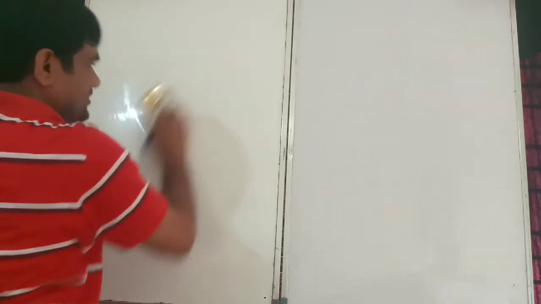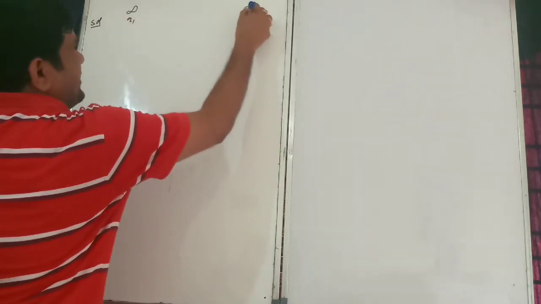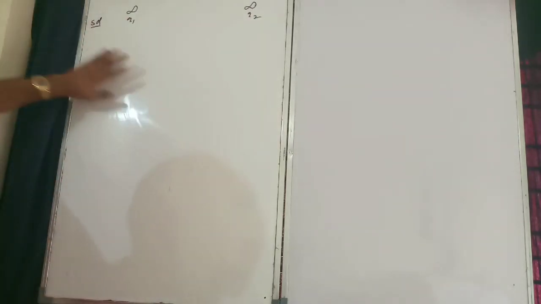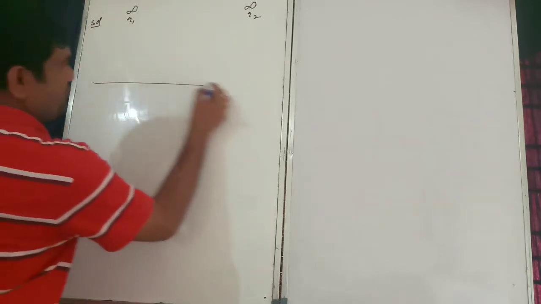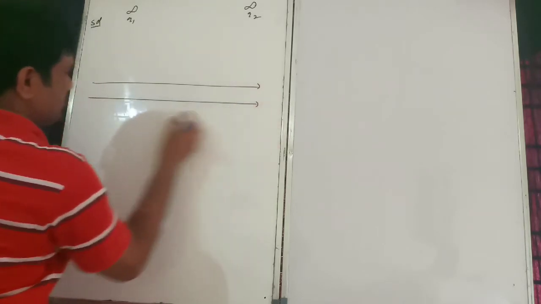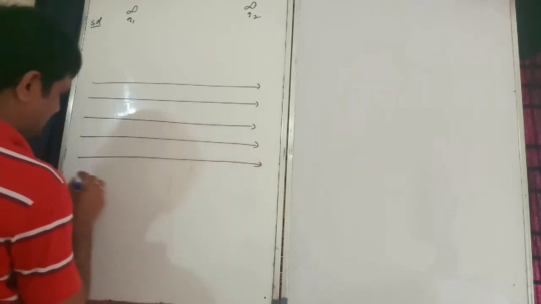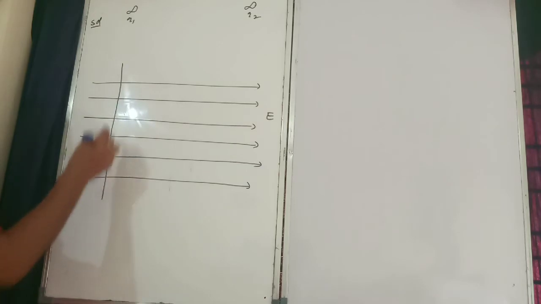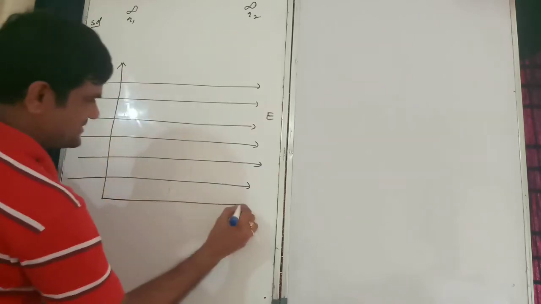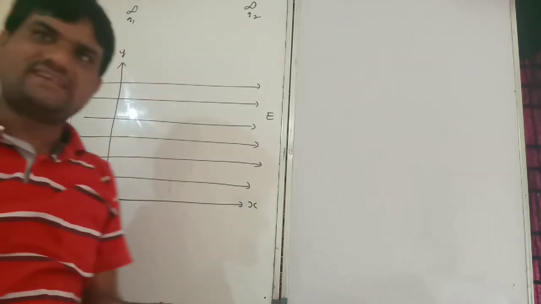Okay, right, very good. So now is the solution. Here infinity, Q1 will be there, here infinity, Q2 will be there. So now here what should be there? The electric field, positive to negative. The electric field is there. Correct? Electric field. Here I will consider coordinates, y-axis and x-axis. This is the x-axis. This is the y-axis.